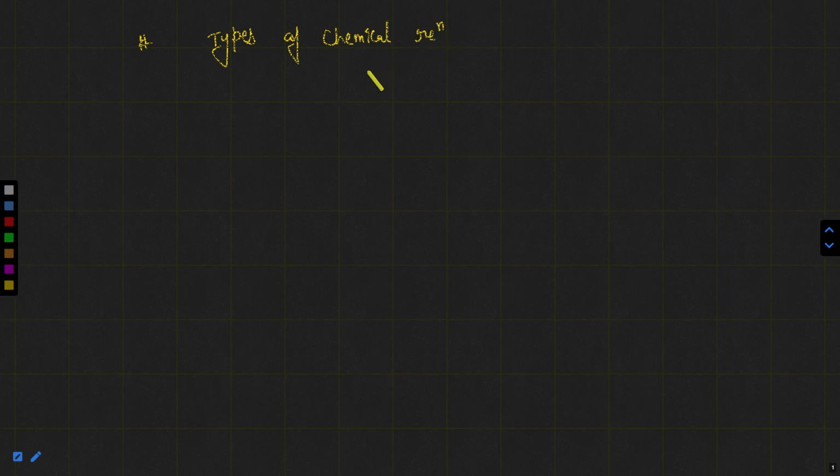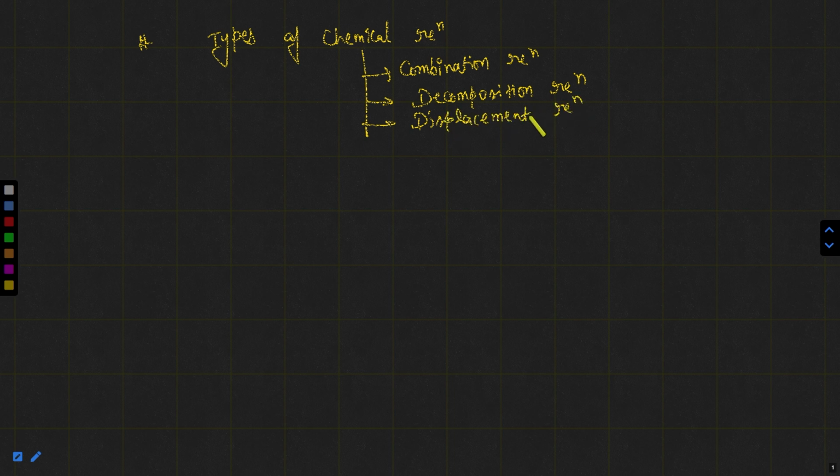Here are certain types of chemical reactions: first is the combination reaction, next is the decomposition reaction, next is the displacement reaction, next is the double displacement reaction, apart from this the redox reaction also,